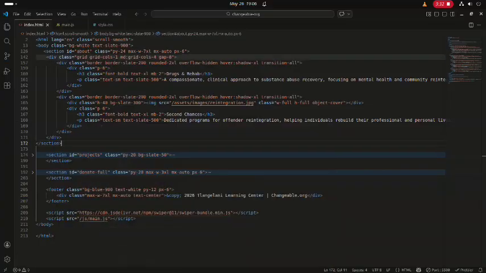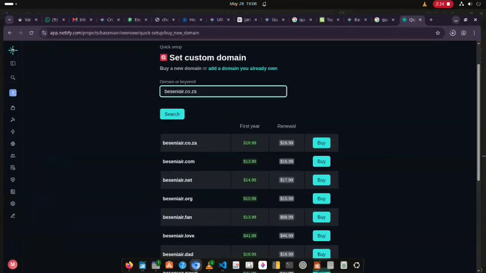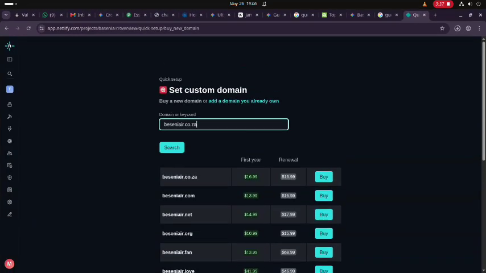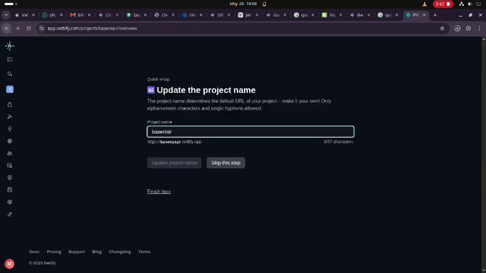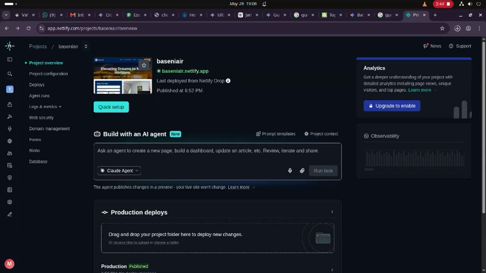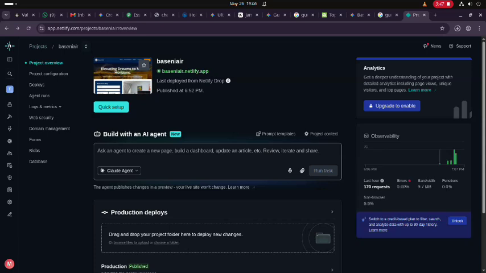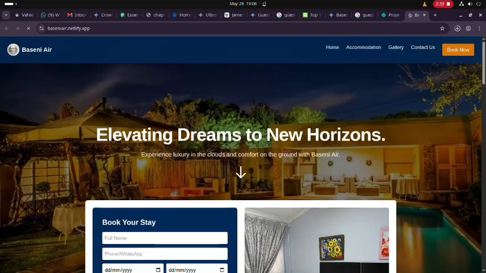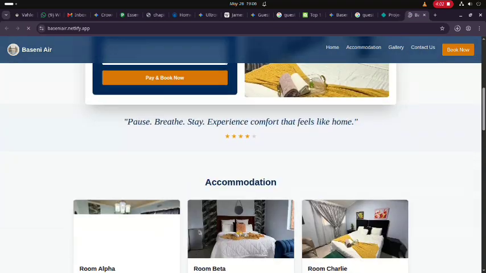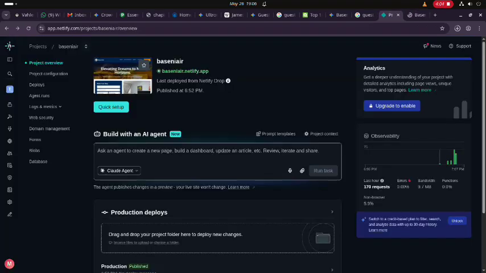And then I already hosted it on this website called Netlify. Let me show you. Give me a second. Okay, this is the Netlify part, and it's already hosted on a temporary host. You see, it says baseniair.netlify.app. That's the link I actually sent, which you were using to check out your site. After you've paid for it, we're going to have a proper link, say